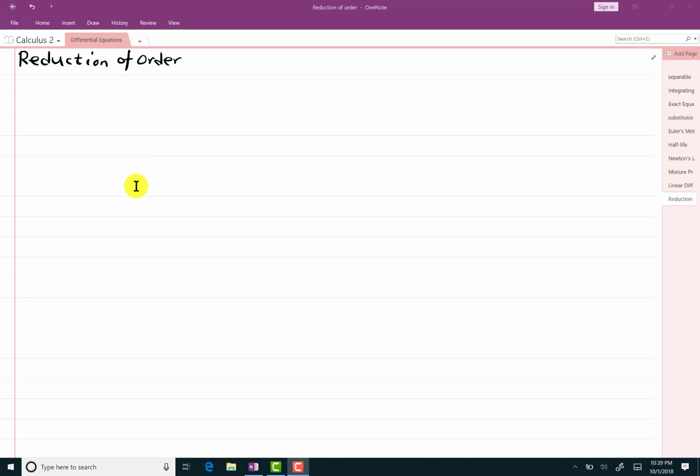So we'll start with something like a sub 2 of x y double prime plus a sub 1 of x y prime plus a sub 0 of x times y equals 0. So we're going to be sticking with homogeneous equations,